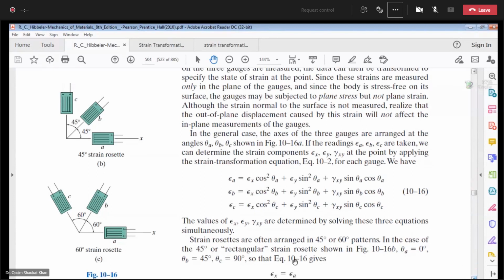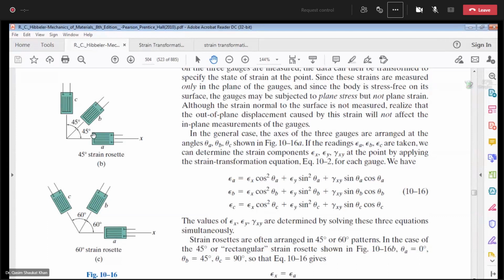Okay, next is the values of epsilon x, epsilon y, and gamma xy are determined by solving these three equations simultaneously. Strain rosettes are often arranged in 45 degrees or 60 degrees pattern. ठीक है जी, in the case of 45 degrees or rectangular strain rosette, guys please note down this name, ठीक है जी, 45 degrees or rectangular strain. In some questions they are just mentioning rectangular strain rosette, ठीक है, तो उसमें वो degrees नहीं mention करते।